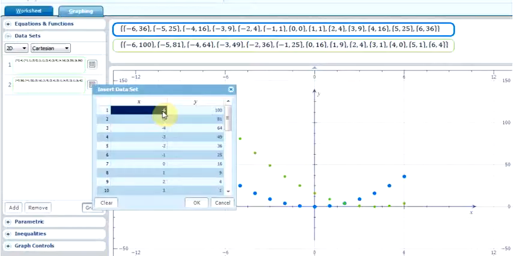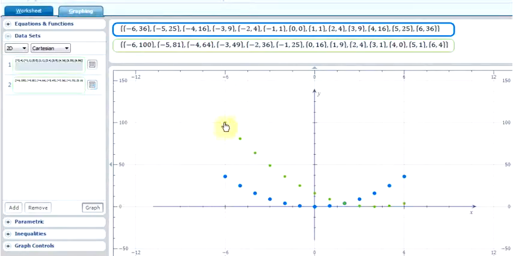I keep doing this, and I'm going to notice that at a certain point, all of a sudden, the output values start to look familiar. When I get down to -2 for my x value, my output is 36. That showed up in our original function, an output of 36. Again, when I have -1 as my x value, my output is 25. The next output, when x is 0, I get 16. These have already shown up in the original function. So you click OK, and the graph shows up in green